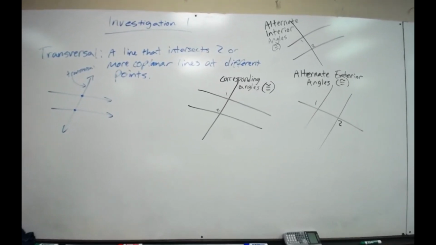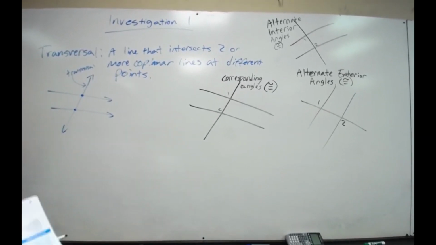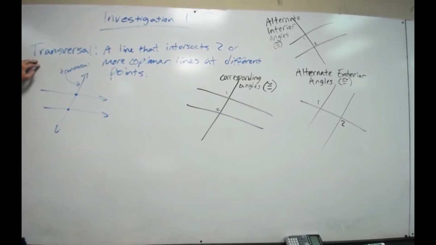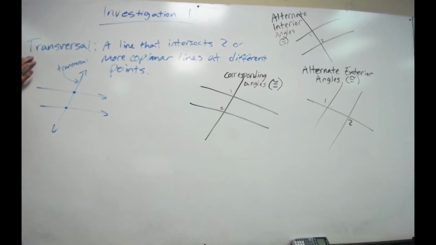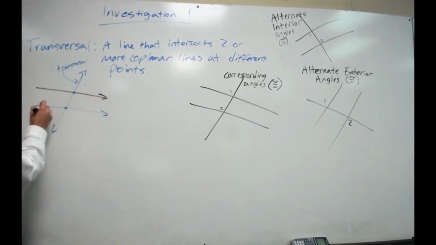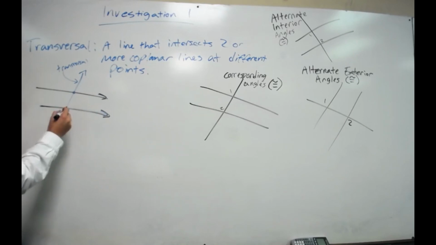I want to really quickly look at Investigation 1. Investigation 1 can be found on page 63. That's the beginning, and it's just transversals and angle relationships. A transversal, the definition of that is a line that intersects two or more coplanar lines at different points. So I have my little figure drawing here. I have two lines that are drawn, they don't necessarily have to be parallel, and then this line